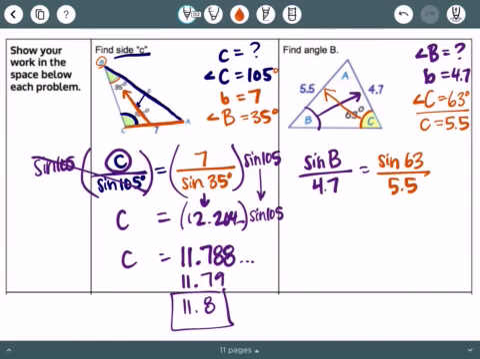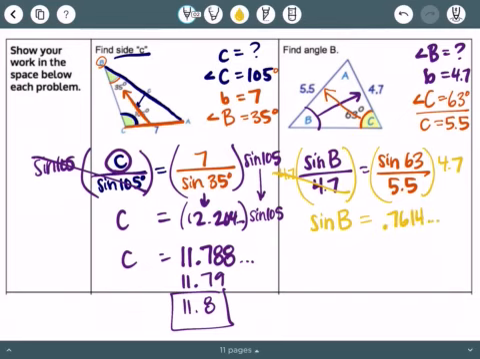And then I want to get my sine B by itself. So I'm going to multiply both sides by 4.7. What I do to one side, I have to do to the other. It's going to cancel here and leave me with sine B equals, I'm going to do this in my calculator. I'm going to type sine 63, close my parentheses, divided by 5.5, and then I'm going to multiply that times 4.7, and I'm going to get